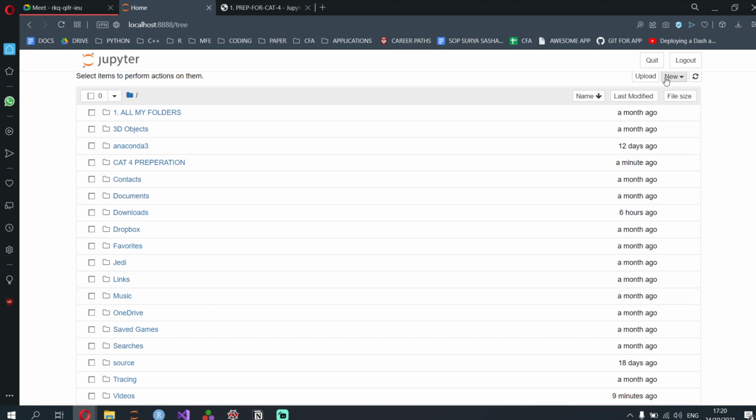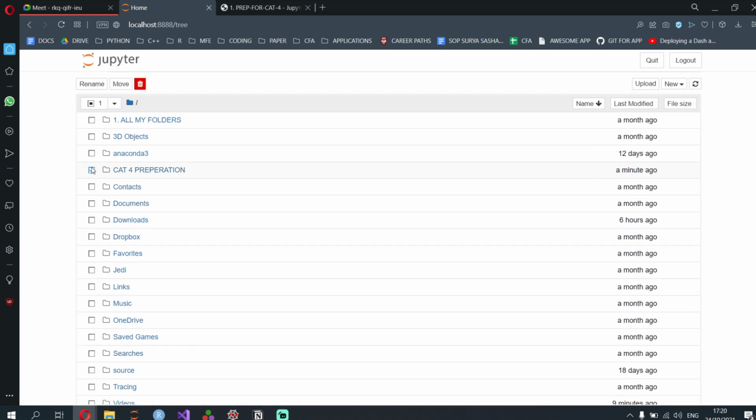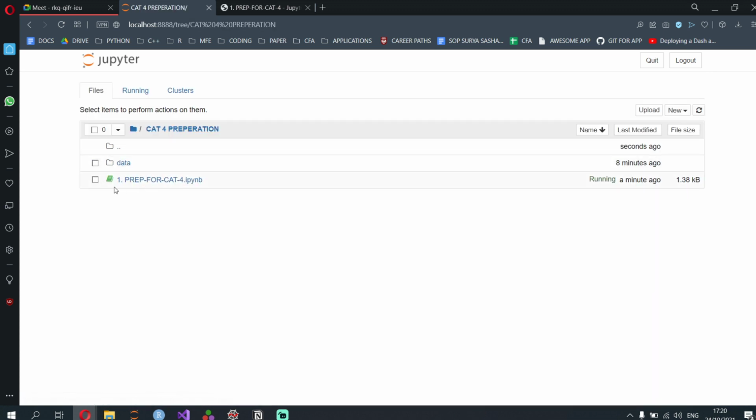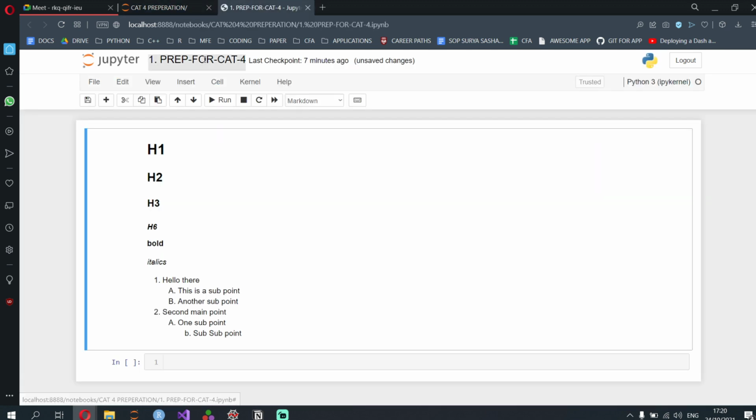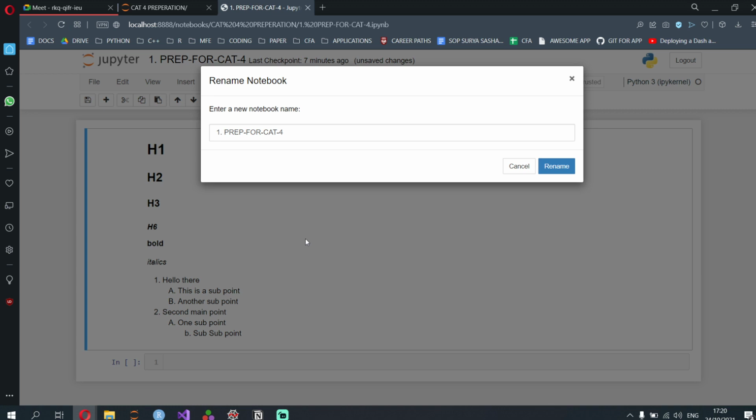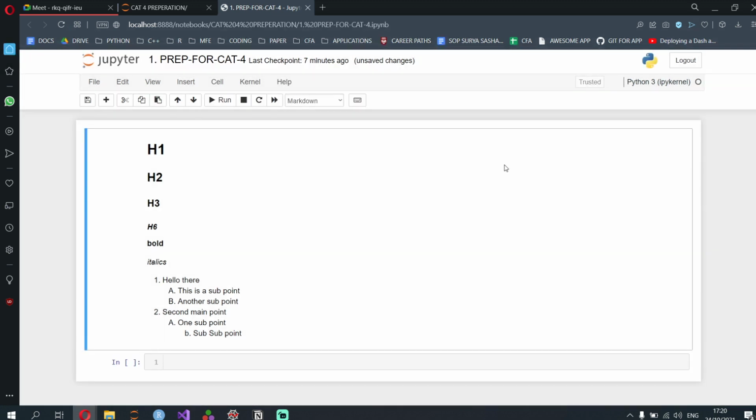To create a new folder, you click on new folder, then you click a checkbox and rename it. Go inside, create a data folder, and then create your new IPYNB file. To rename it, you put this over here. A good thing is that your work gets automatically saved, I think every few minutes, but make sure to press Ctrl S every time and then you'll get this thing called checkpoint created. Every time your code runs again, it saves it. That is one place where it saves it. Another place is where you press Ctrl S.